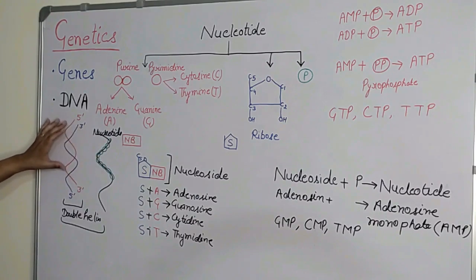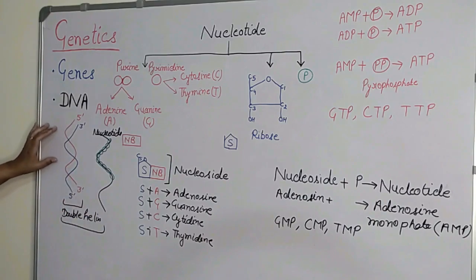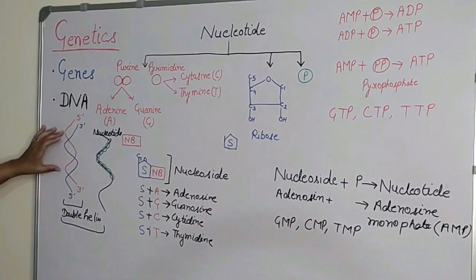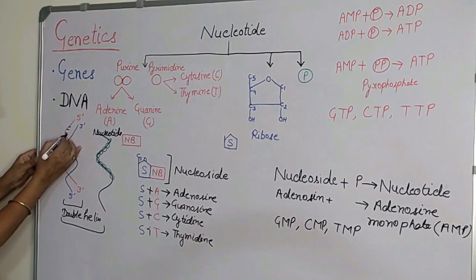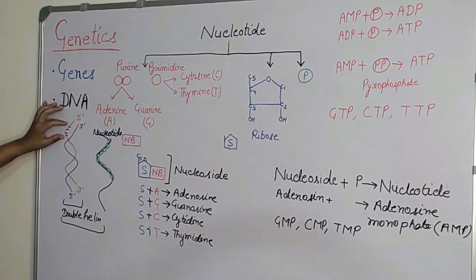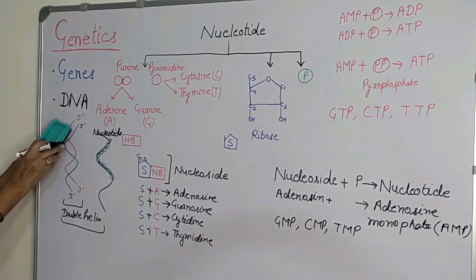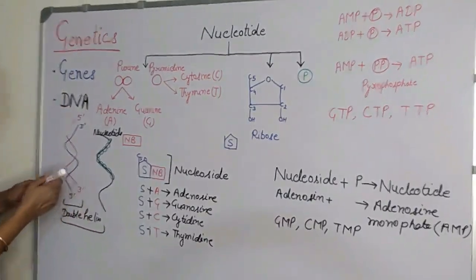So when we have the two strands of DNA which are coiled around each other to form a double helix, that is the structure of DNA present inside the chromosomes of our cells. On these DNA molecules we have the sequences of nitrogenous bases. These sequences of nitrogenous bases form the genes that we will see later. For the time being, let's see the structure of DNA.